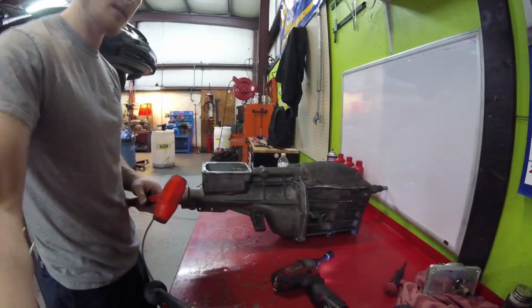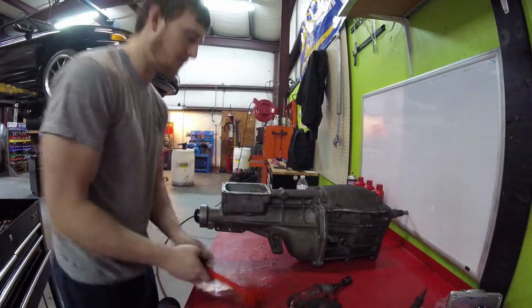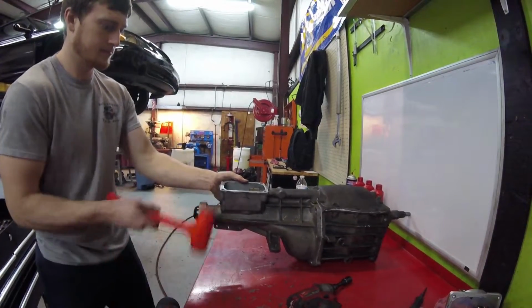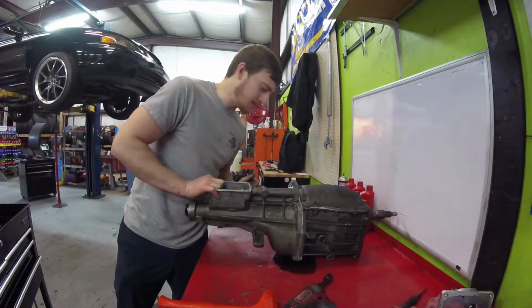Alright, then once you got all those out, you just take a rubber mallet again and just tap on this tail shaft. Once you get all that good,